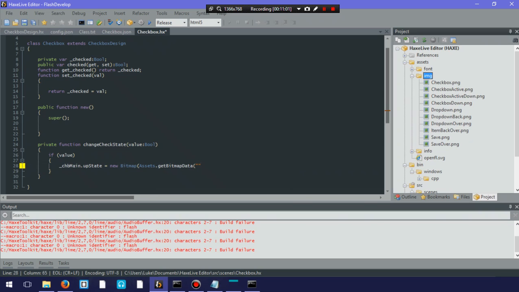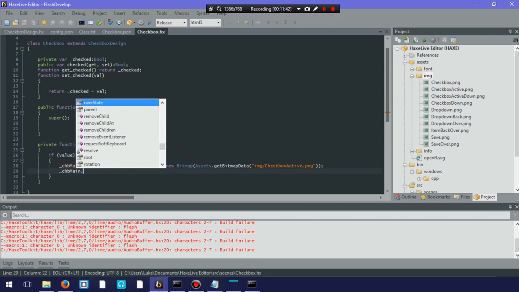And instead of doing what we did previously, we've got these files here. So we've got checkboxactive.png, checkboxactivedown.png. That's essentially what I'm going to be using for the upstate, downstate, and overstate. But you get the idea. So here I'm going to make it checkboxactive.png, and this is going to apply to both the upstate and the overstate. So probably want to make sure we set that as well. Overstate like that, and the downstate is just going to be